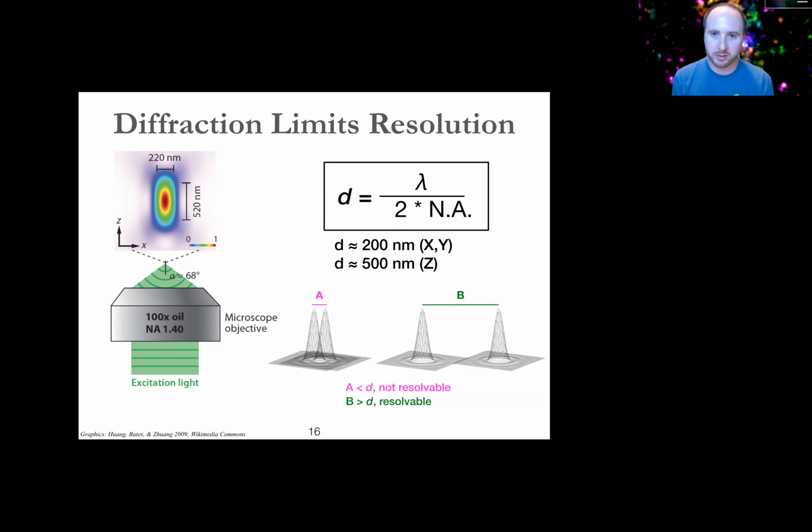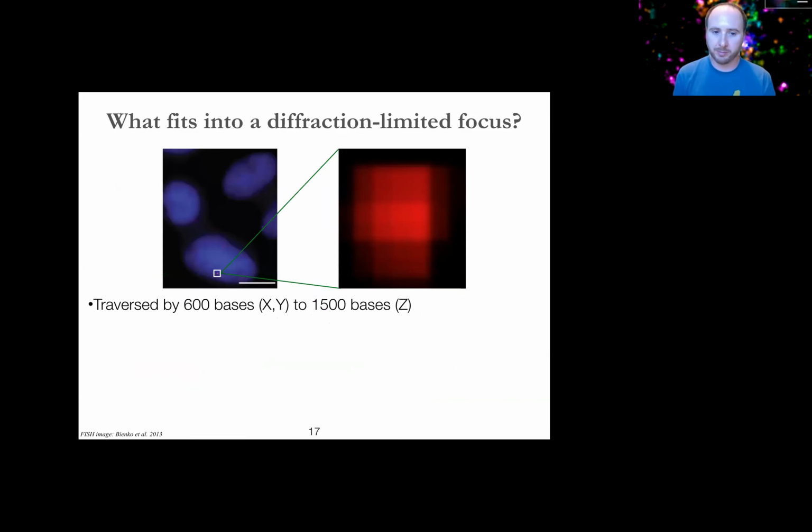And I think the way that this concept is often introduced is this idea of two objects being close to one another and whether or not they're resolvable. And that's a very useful way to anchor understanding around this topic. But there's also, I think, another more practical way to think about it that I like to introduce, which is just thinking about volumetrically, what does this mean? So for instance, if I do FISH targeting on genomic DNA, targeting a very small region, because of diffraction, we know that there's going to be a characteristic minimum size of what I see on the microscope. My signal can only get so fine before it essentially becomes the same size.